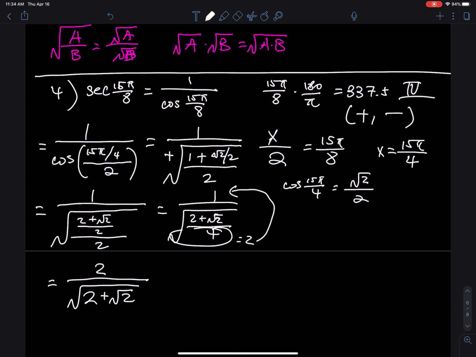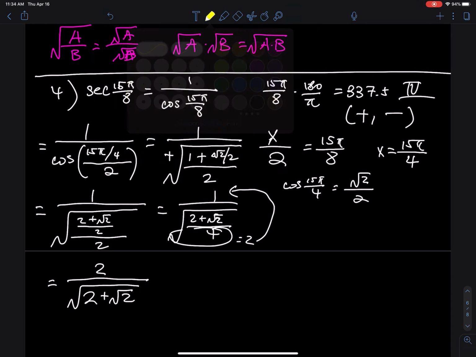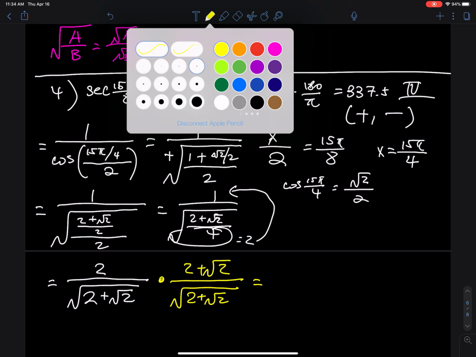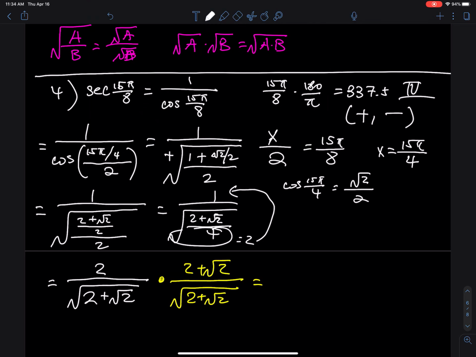Again, what is not acceptable? A square root in the denominator. How do you get rid of this? You have to multiply the top and bottom by the square root term. So 2 plus root 2, and then 2 plus root 2. What is that equal to? The top you have